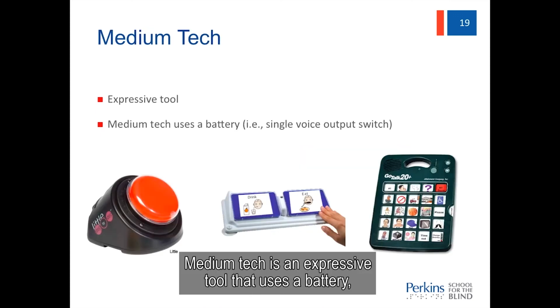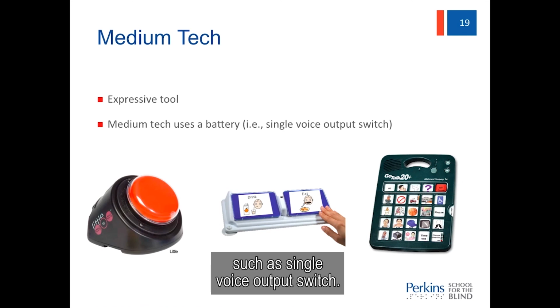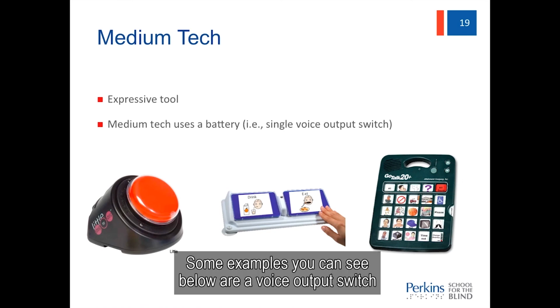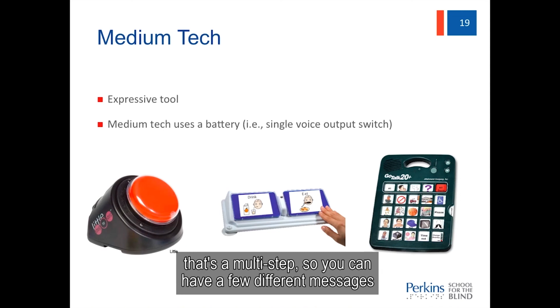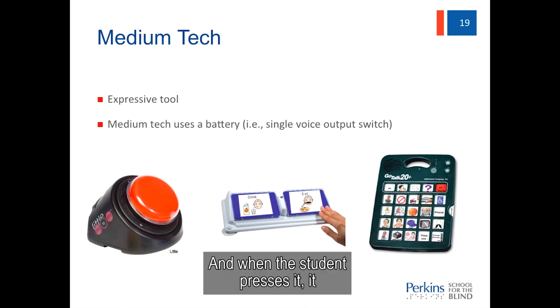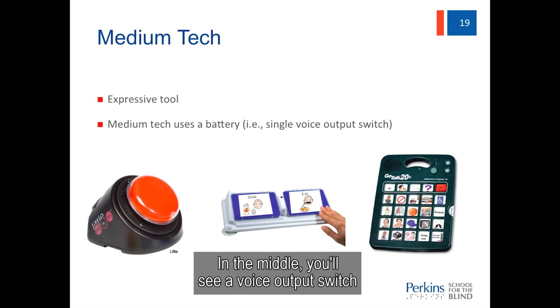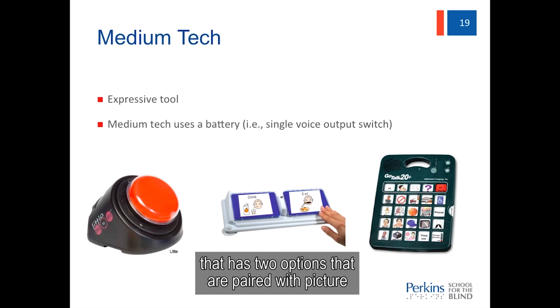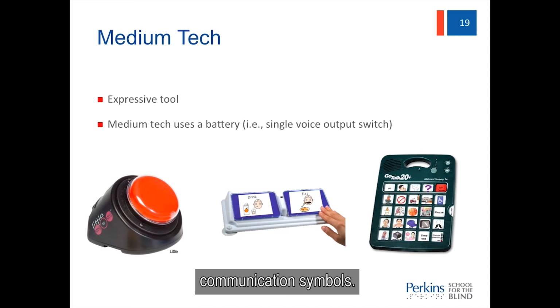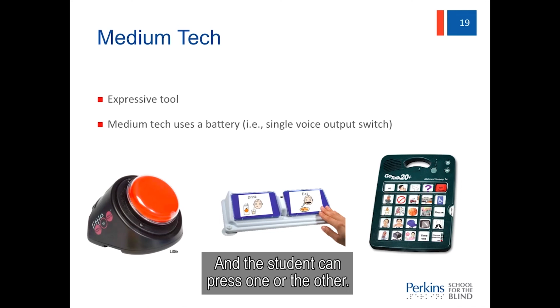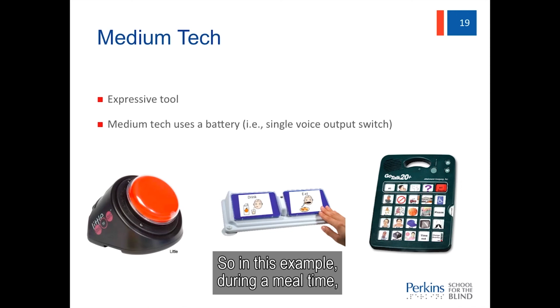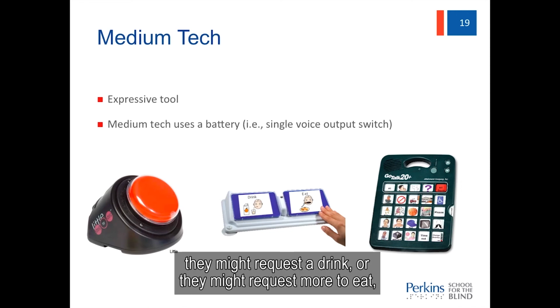Medium tech is an expressive tool that uses a battery, such as a single voice output switch. Some examples you can see below are a voice output switch that's a multi-step, so you can have a few different messages recorded, and when the student presses it, it will say exactly what the switch says. In the middle, you'll see a voice output switch that has two options that are paired with picture communication symbols, and the student can press one or the other. So in this example, during a mealtime, they might request a drink or they might request more to eat using